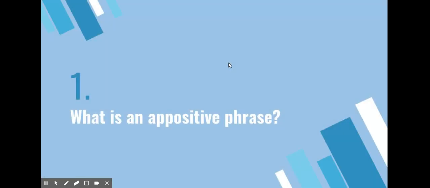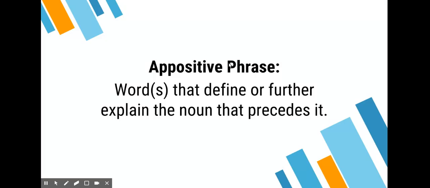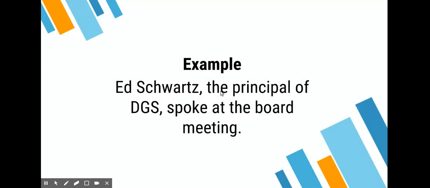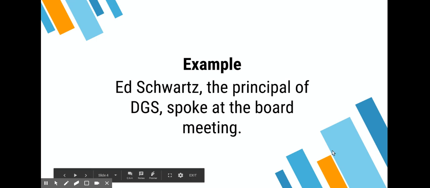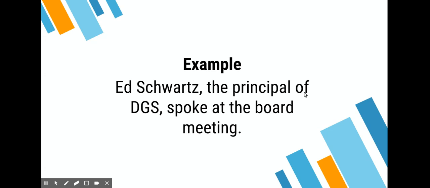So, to begin, we're going to define what an appositive phrase is. An appositive phrase is a word or words that define or further explain the noun that precedes it. An example would be this sentence: Ed Schwartz, the principal of DGS, spoke at the board meeting. This description of Mr. Schwartz, the principal of DGS, is the appositive phrase